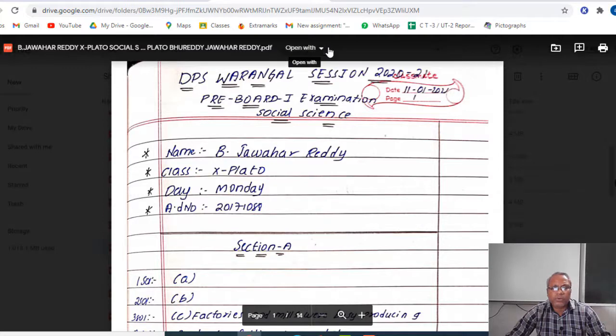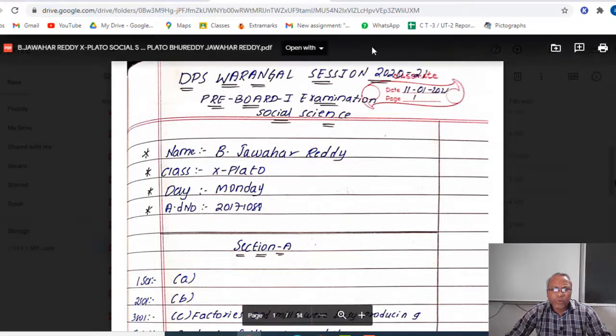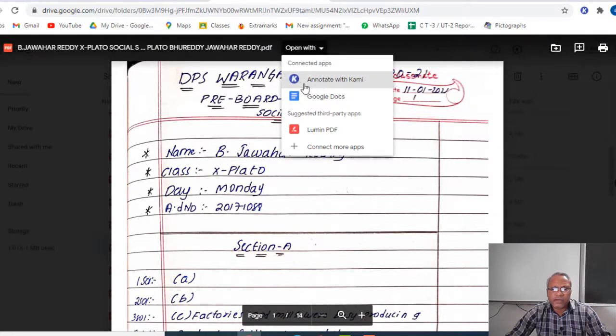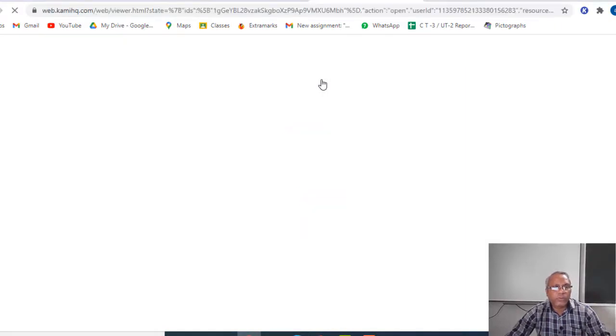The PDF is open now, but if I want to annotate, that means to go for correction, putting marks, etc., I have to use open with. The first one, all of you can see, is annotate with Kami. So I will click that. When I click, the same PDF file will open on this platform through the Kami extension.